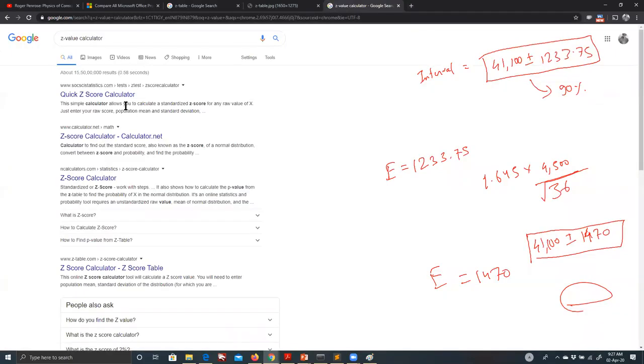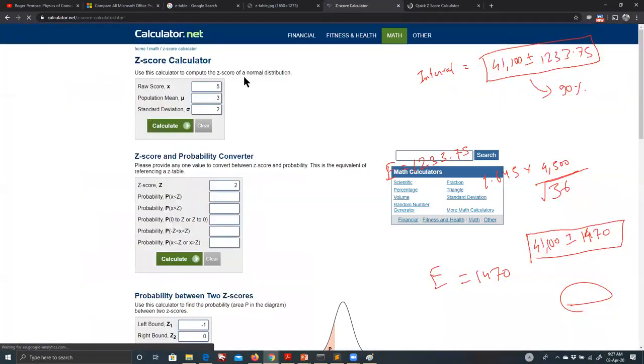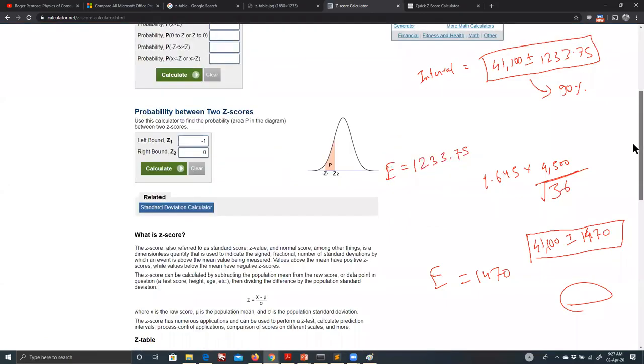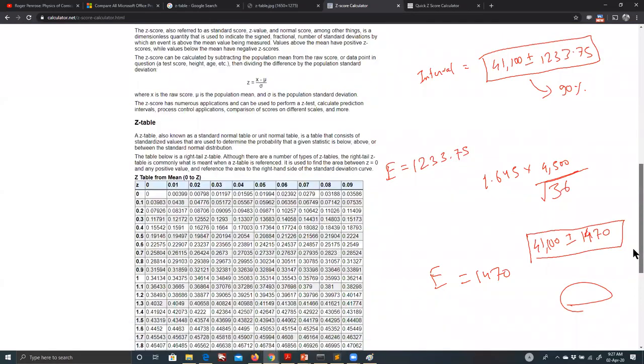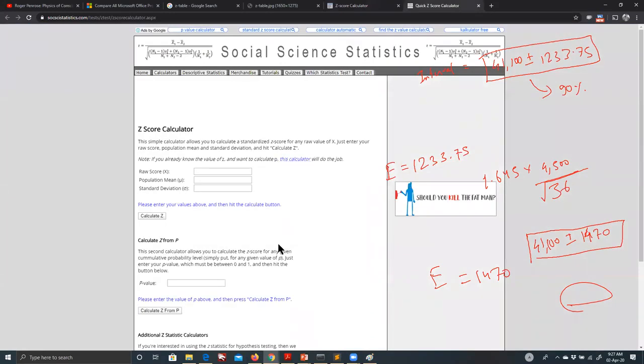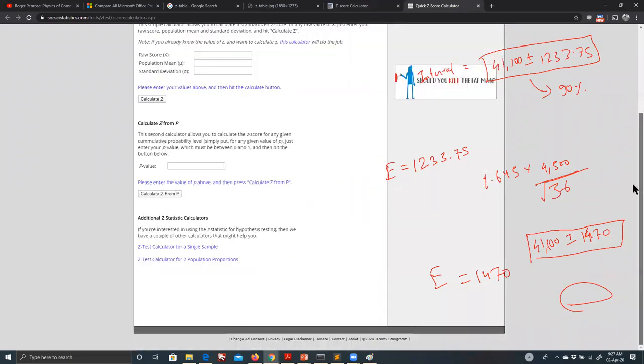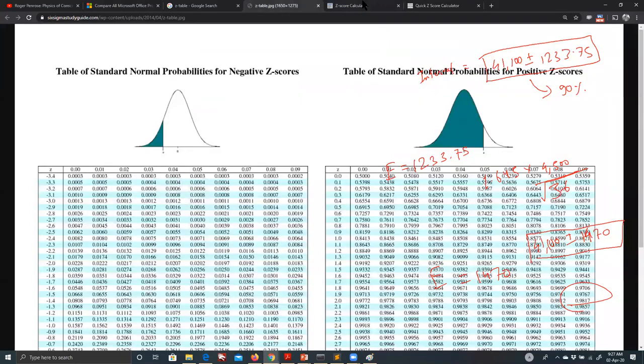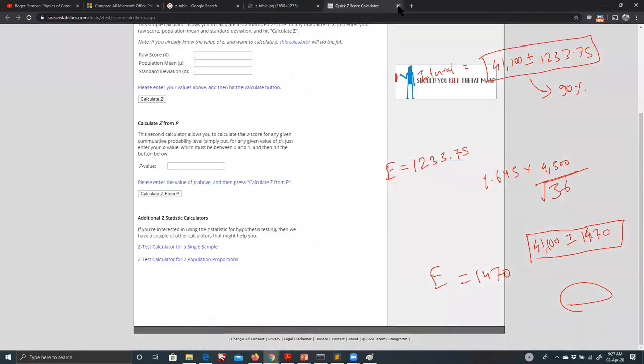You can also go on various websites and they have a z-score calculator over there. Although I will show you both ways to calculate how you can get the values. A chart is available as well. There's a better one. Don't worry, we will get that as well.